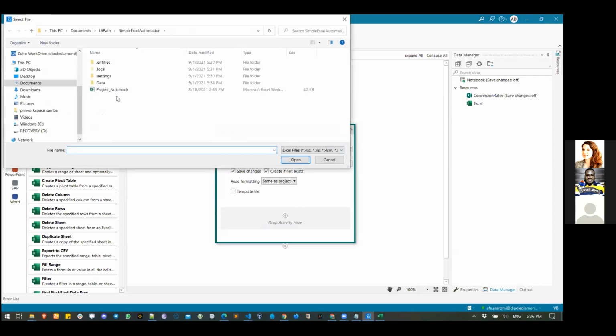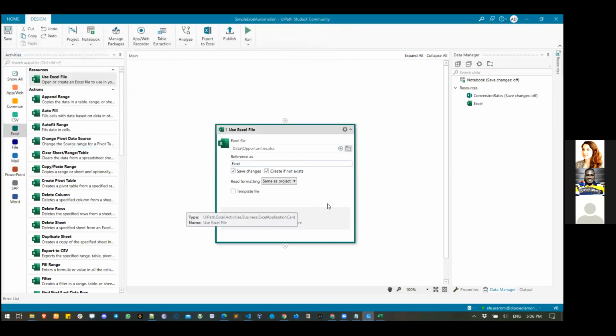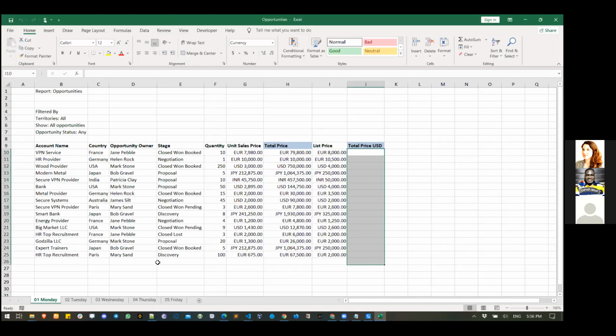So it's right here in data, opportunities. And once I do that, the first thing I need to do is, for each sheet, we need to do a set of things. Then inside each sheet, we need to pick these values. So I will start with